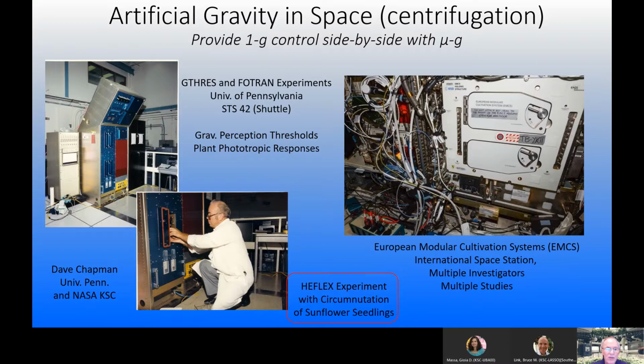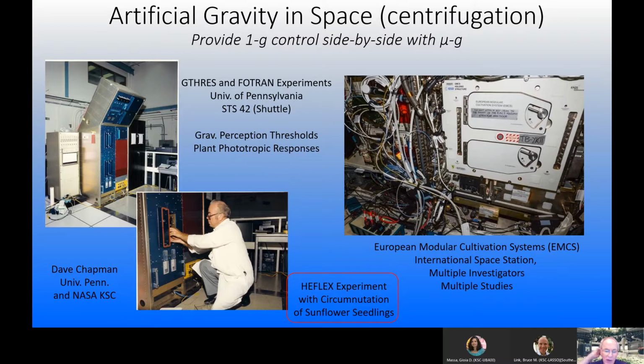On the very left is what's called the gravitational threshold response facility, and it had two centrifuges in it. And at the bottom there, you see Dave Chapman. He was at the University of Pennsylvania and helped build that hardware in the 1980s, and then he moved to Kennedy Space Center. A more recent example of a centrifuge facility is the EMCS, the European Modular Cultivation System, shown